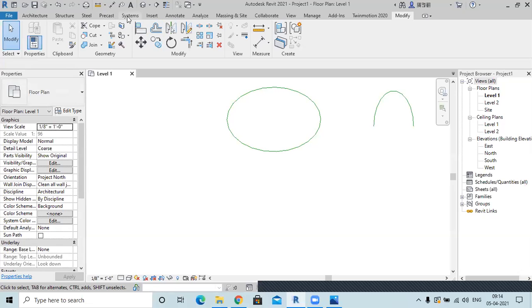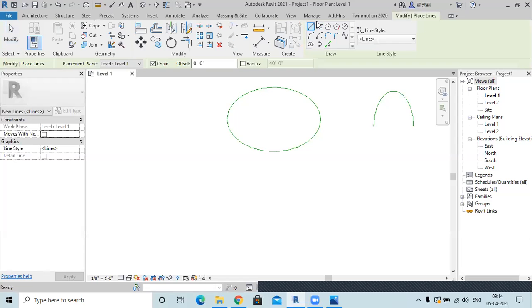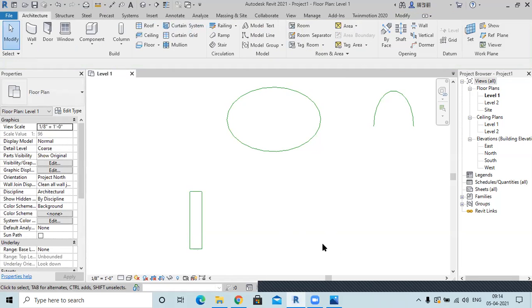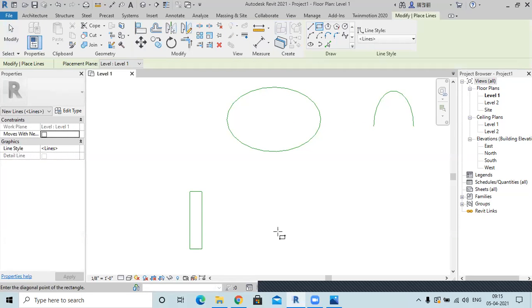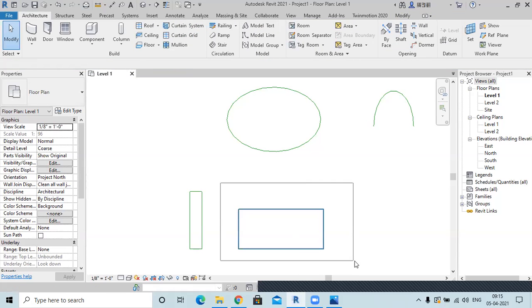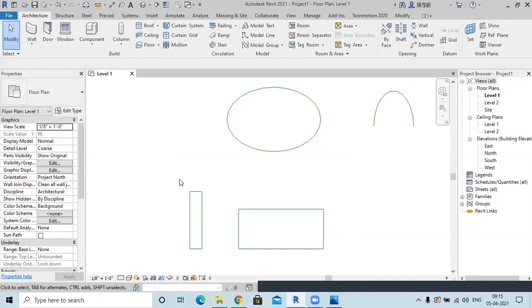For example, if I have created these two different rectangles, sometimes we need align, sometimes we just shift it. You can also copy it, but align is a good command.